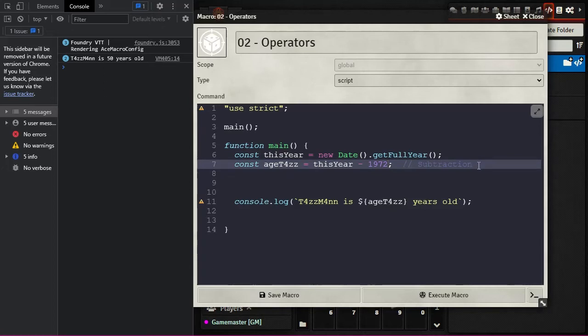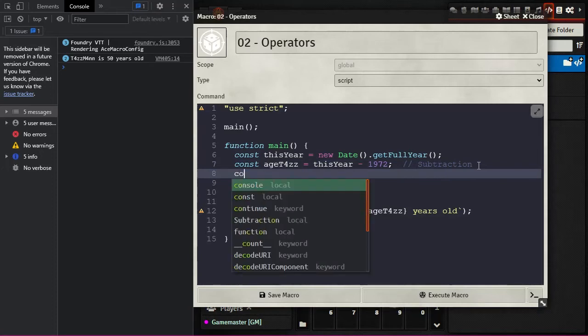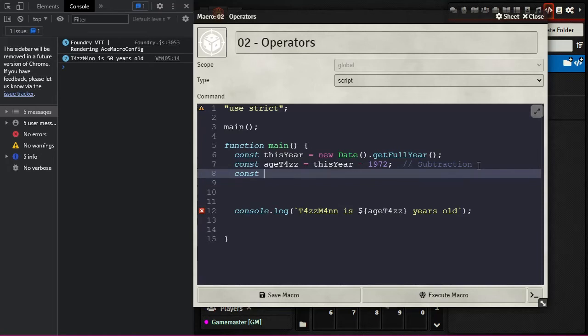All right, so there's our first one. We have subtraction. Of course, the opposite of subtraction is addition. So let's go ahead and do a const here. We'll just call this addTaz, maybe? I don't know. And let's take my age, so we'll do ageTaz, and let's add how old I will be in 25 years. We should know that will be 75, right? So then if we come down here, we can go ahead and do